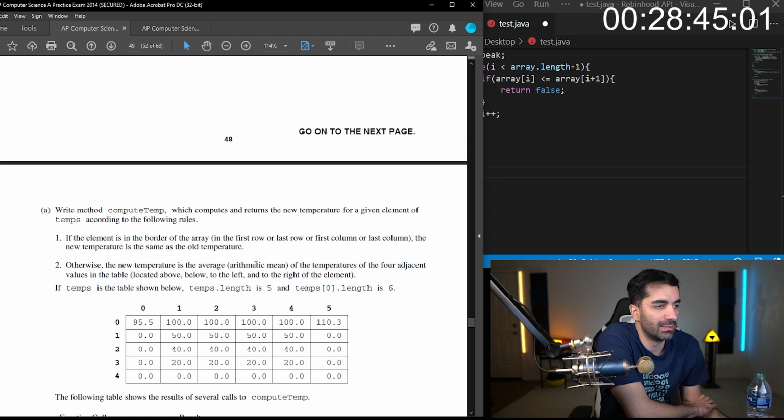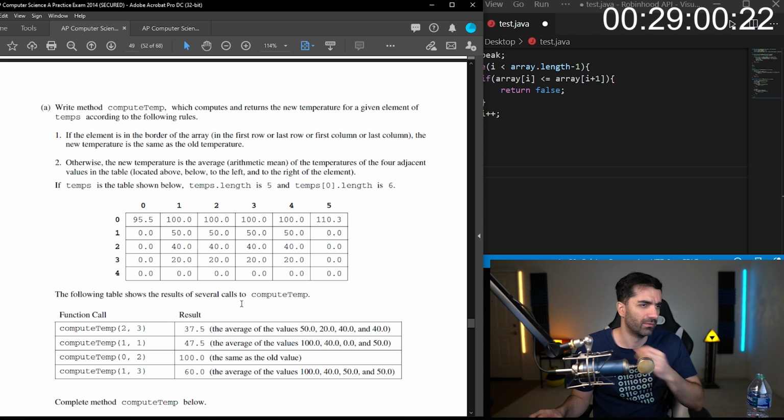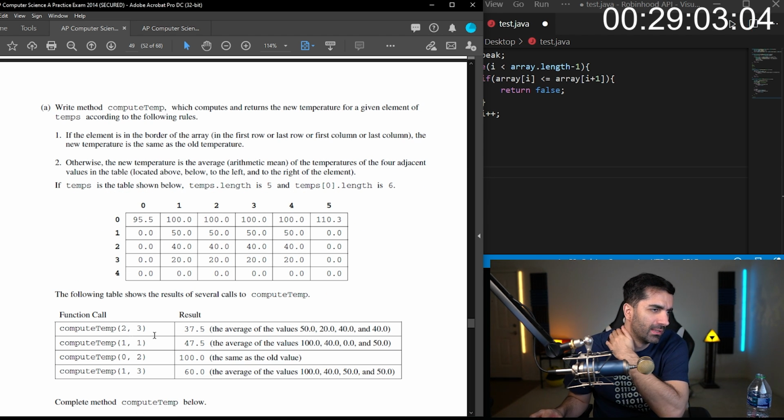If temps is in the table shown below, temps.length is 5, temps.length 0 is 6. The following table shows the result of several calls to compute temp. So if we have 2 and 3, so we have 50, so 2, 3 would be 0, 1, 2, 1, 2, 3, right?